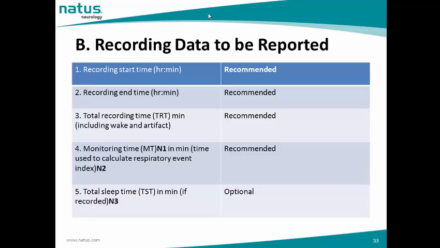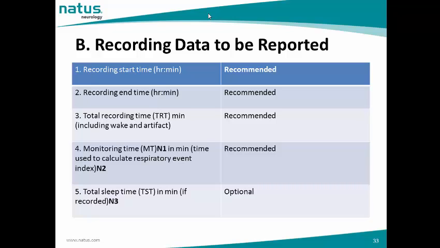So the following parameters should be reported. So it is recommended to report the following data: